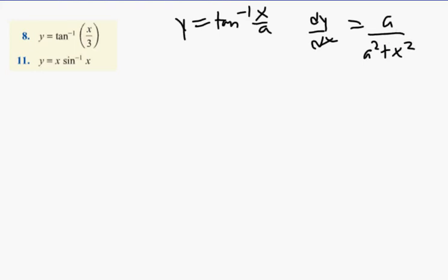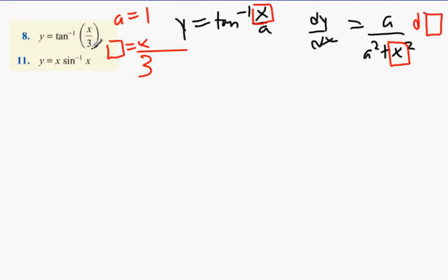Alright. What I always know is a equals 1, guaranteed. What I also know to do is an adjustment. Anywhere I see the x, I now put in a box of what I have. I don't have x. What's in the box is x over 3. And then I also have to differentiate the box at the end. So here's what happens. I've identified it as a tan inverse. I looked up the generic formula. I modified the generic formula to have in what I need. Okay? Now,